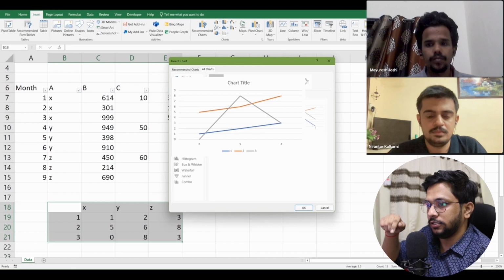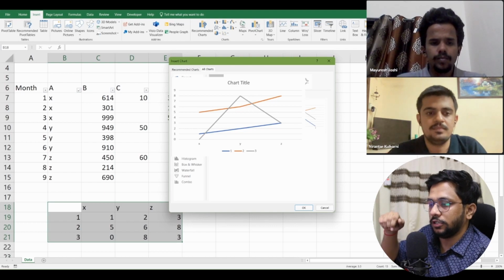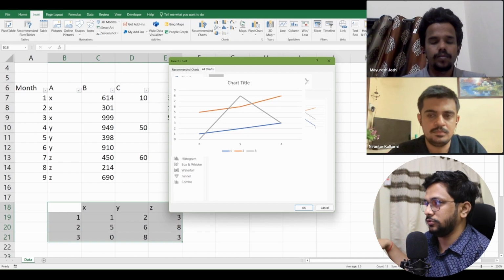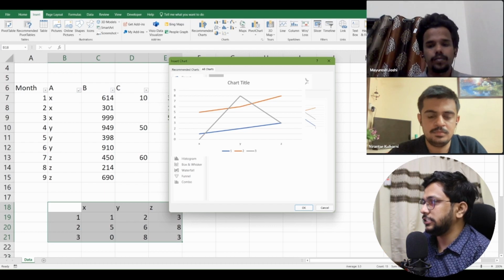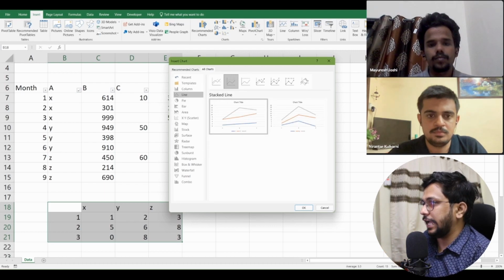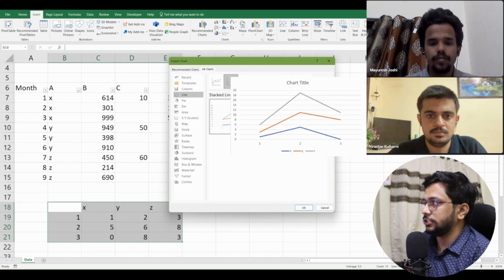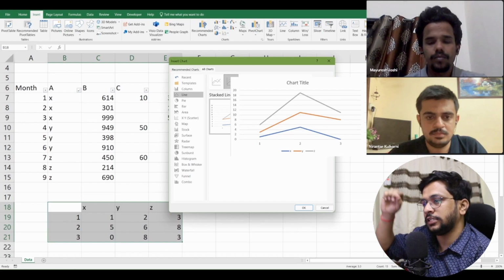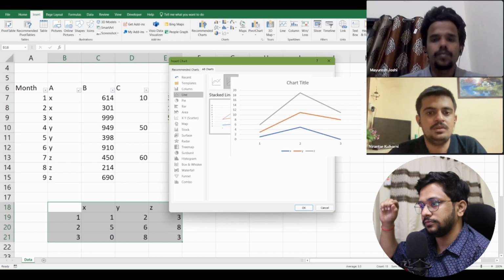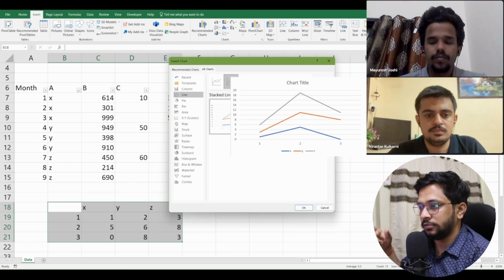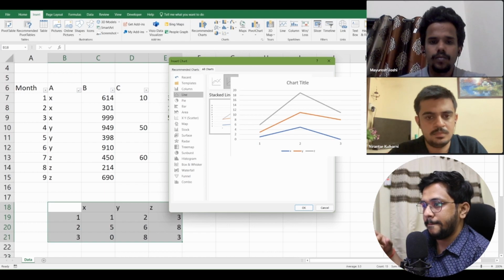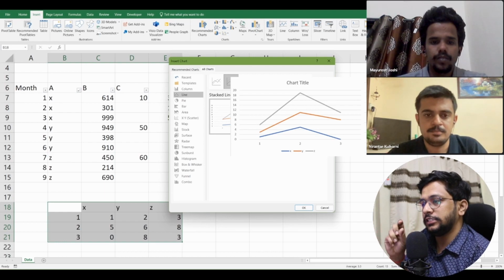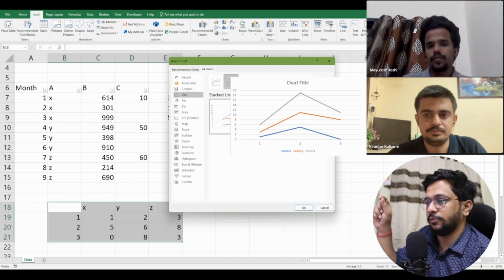Now it is at x 0 in the first one. If you look at the third month, x is at 0. So it will start from 0 and it will go to 8 and then come back to, let's say, whatever 3. So line charts are used like this, and then there is a stack line chart, and this is a representation of stack line chart. Now it is a bar only, but where the bar was ending, from there the line starts. Did you understand this? And is there any doubt in this? Line chart and bar chart are quite similar, in fact everything is similar. It's just that instead of a bar, the line will start at that point where the bar ends.